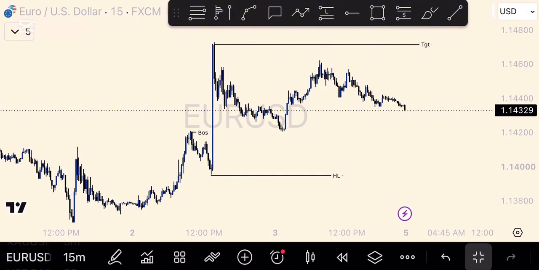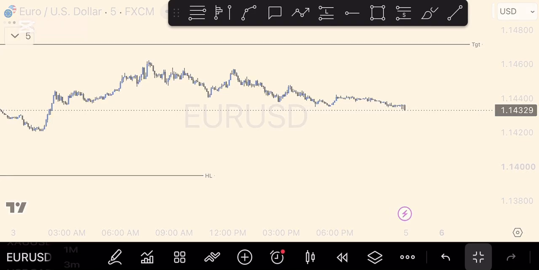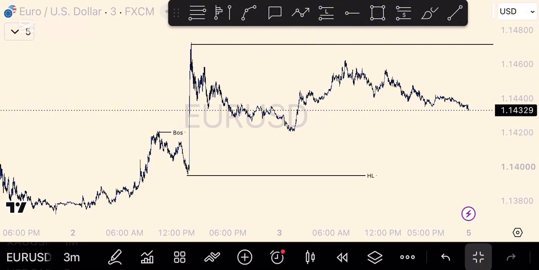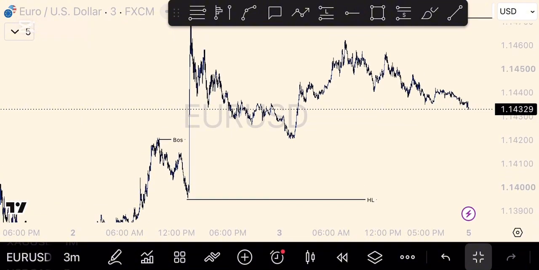So now going down to the 3-minute time frame, you know how we do it. We already know we are buying, we're on the bullish side on the higher context, which is the 15-minute time frame and 1 hour. So going down to 3 minutes, what we'll be looking for is a buy move, or buy price action, or buy setups, or buy confluence. And currently on the lower time frame,